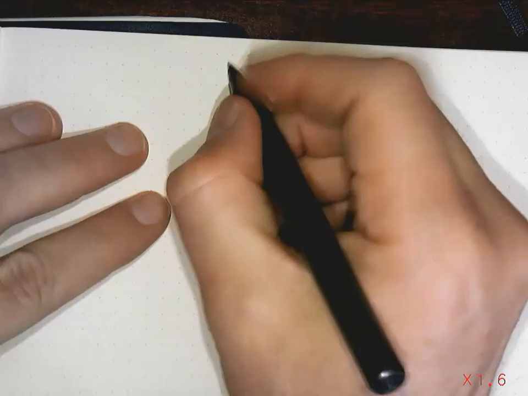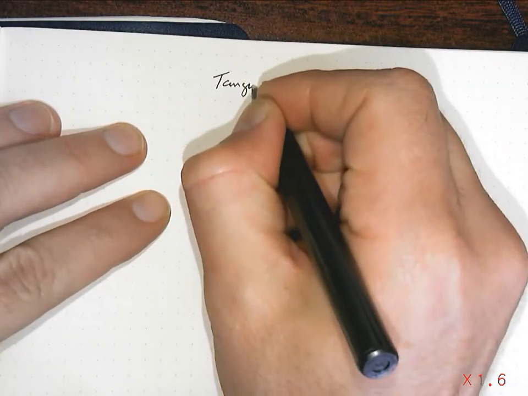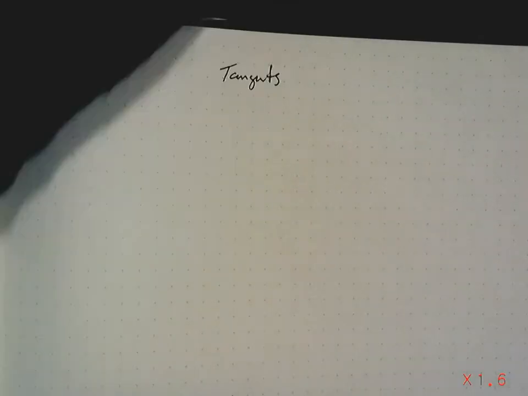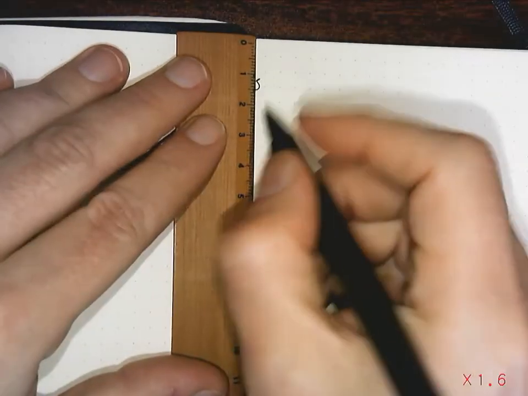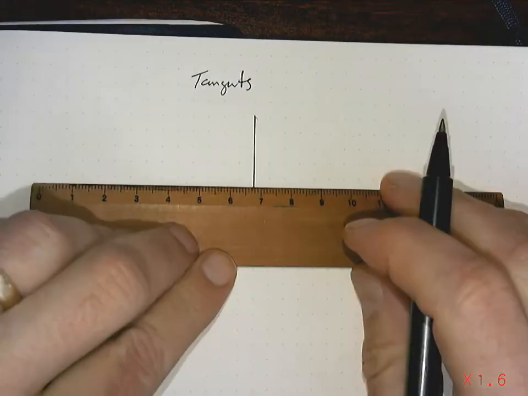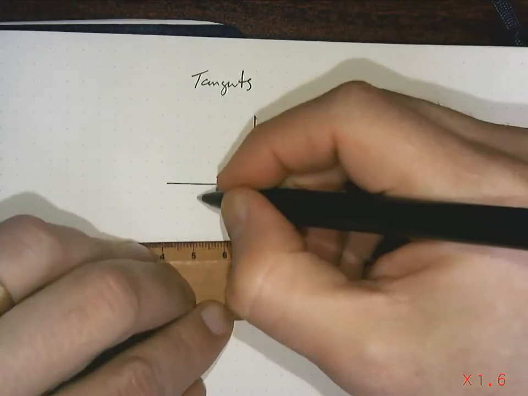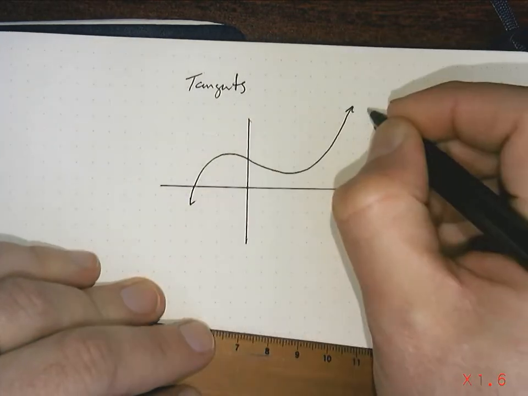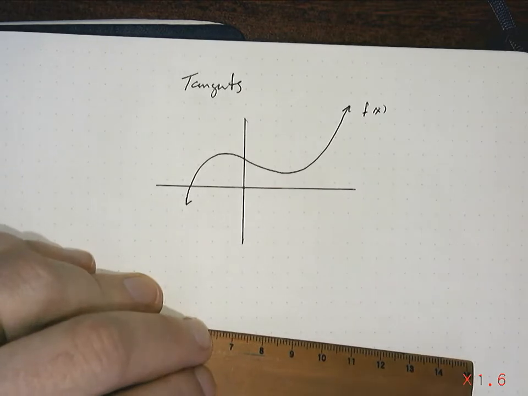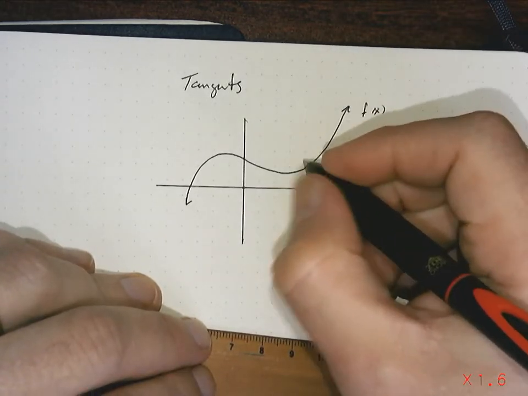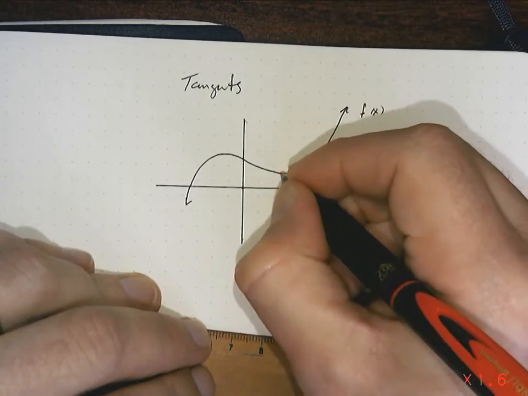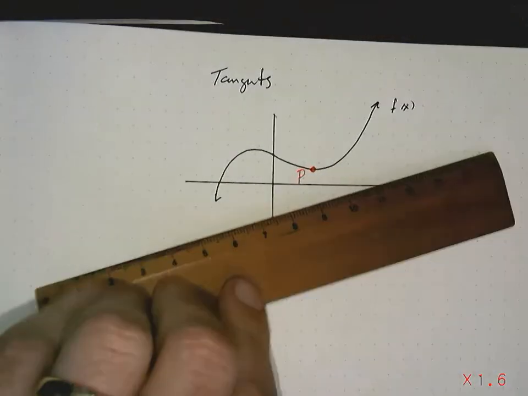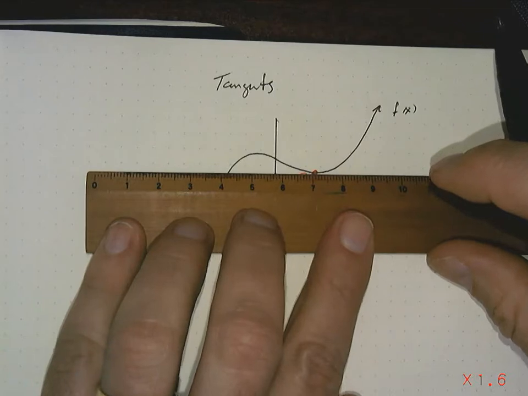Okay, so once again, we're talking about tangents. So let's consider any old function. There's a function f of x. And let's say I'm interested in a point P. And I would like to determine,